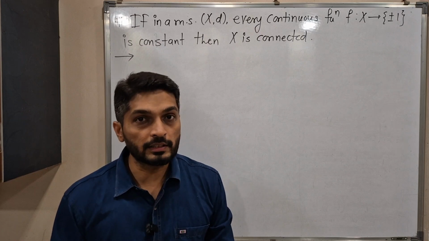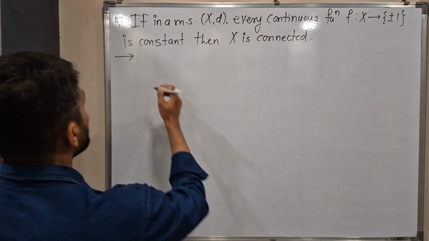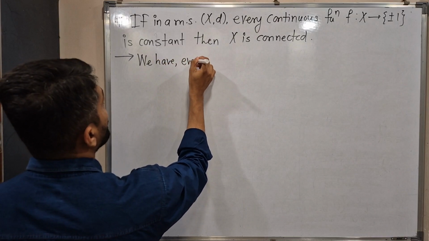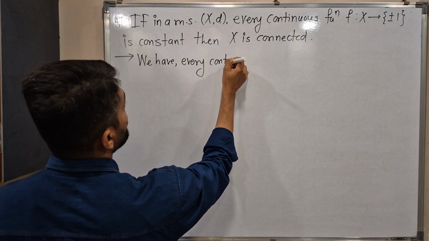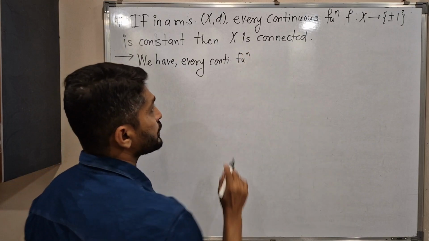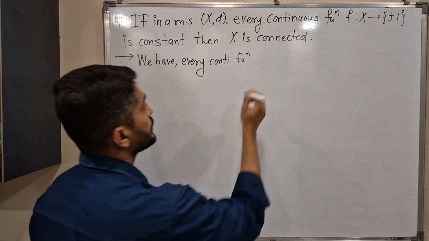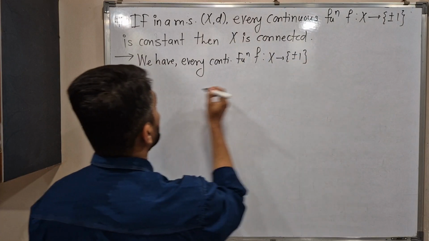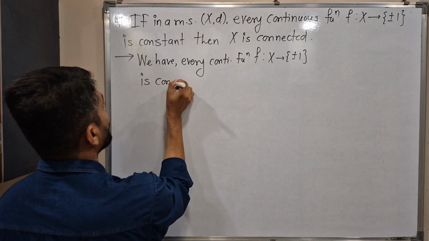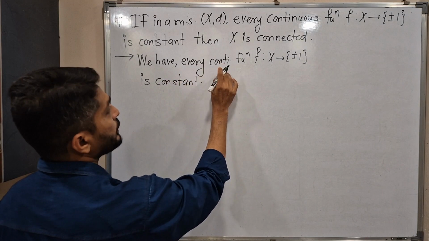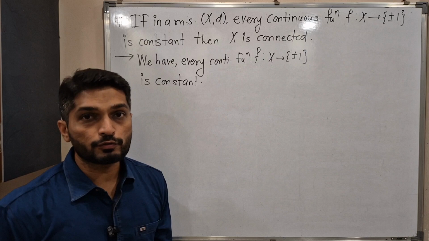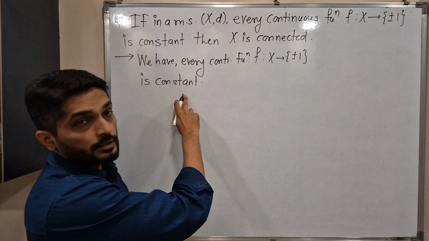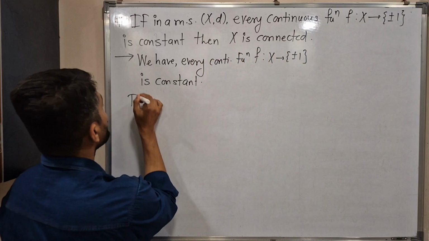So let me write the given thing. The given thing is we have every continuous function. We are not talking about any special function. We are talking about every continuous function which is defined from X to plus minus 1 is constant. That means if you define your own continuous function from X to plus minus 1, then it must be constant, then you can say X is connected. So to prove that